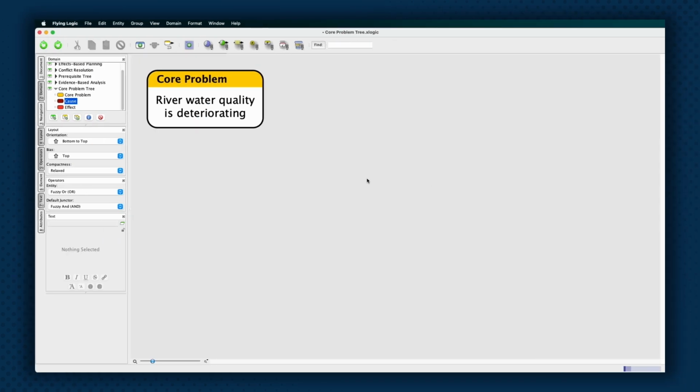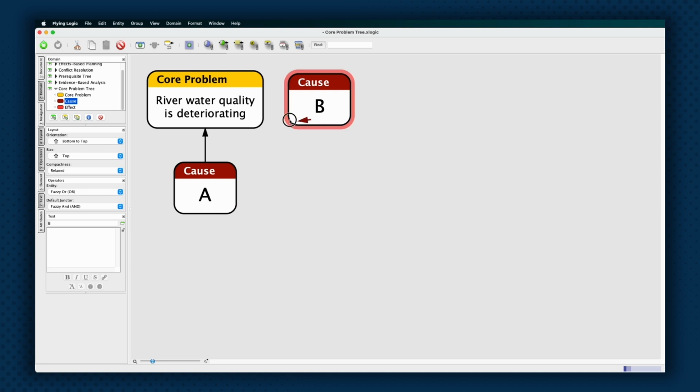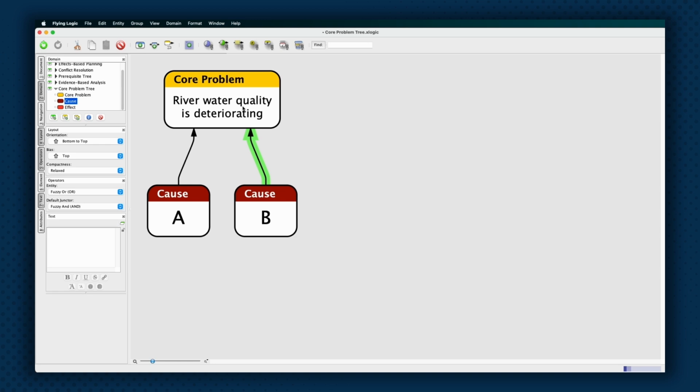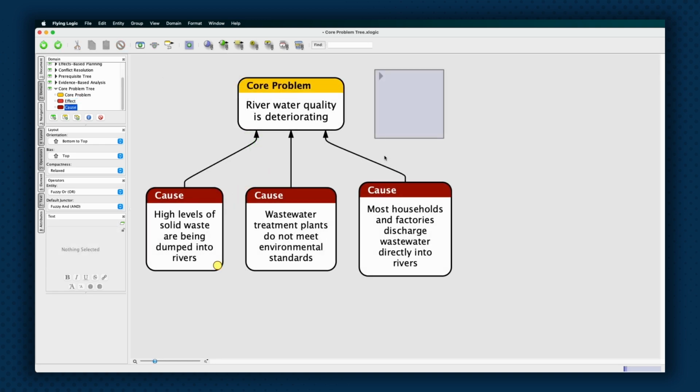Causes are added below the problem, with edges that lead up to the problem. If you are working with an alternative orientation, the causes will be placed preceding the problem. To list causes, you can either drag a cause domain to the applicable drop zone of the core problem entity, located at the bottom edge, or drop it onto the canvas and connect an edge from it to the core problem entity manually. After you've created the first layer of causes, also called immediate causes, you can move to working on their